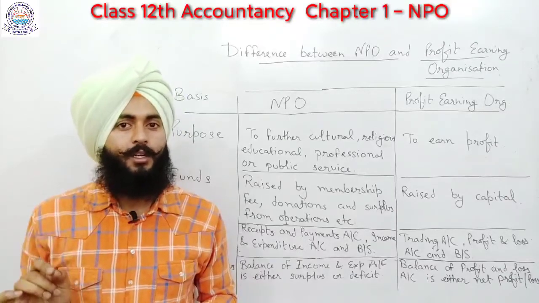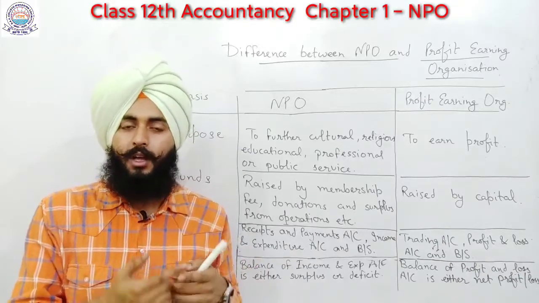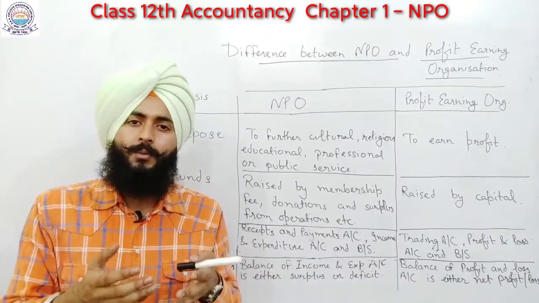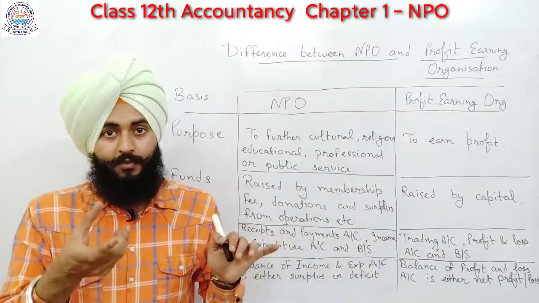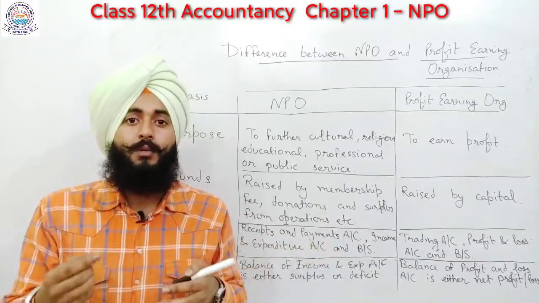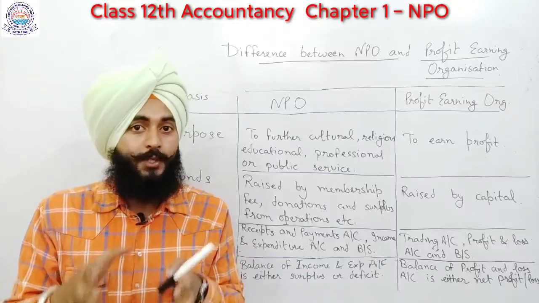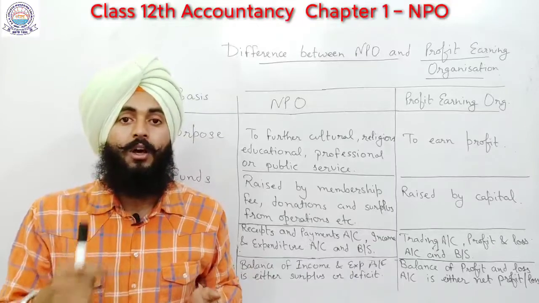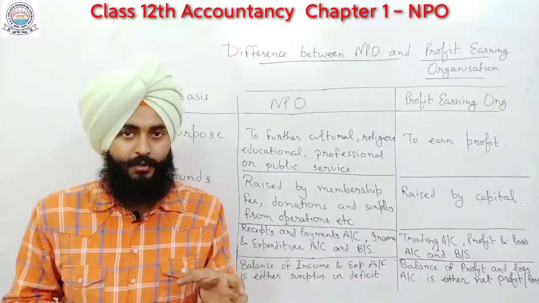Profit is not the objective. This point we can also add specifically as 7th point. I have already told you the 6 points, but we have already written objective heading, and in the 7th point we can specifically mention that profit is not the objective, and this will be our main heading. Why? Because in other organizations profit is the main thing. Without profits an organization cannot run, but this is the speciality in an NPO, that these organizations can run without earning profits, without having the motive of earning profits, you can say.